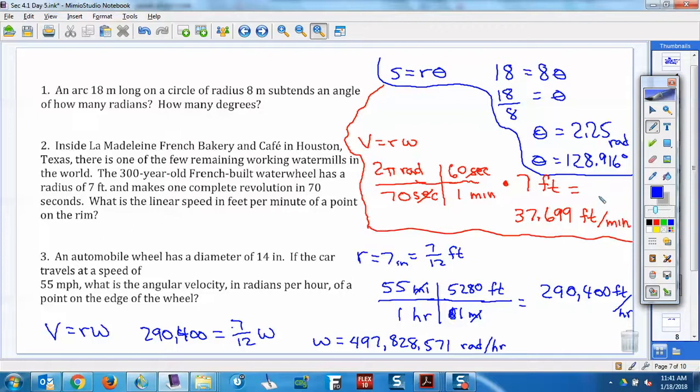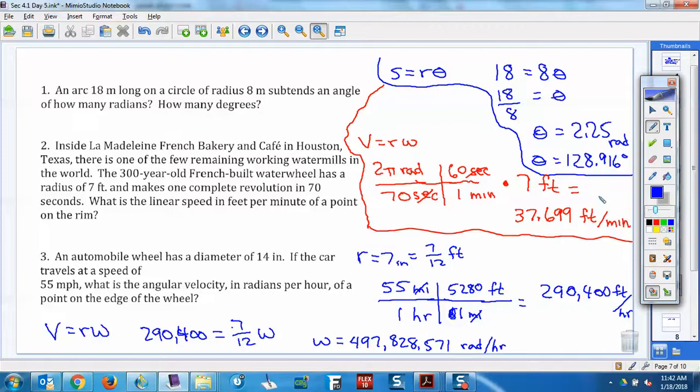An arc 18 meters long on a circle of radius 8 subtends an angle of how many degrees? So that's S equals R theta, or some of you have also memorized theta equals S over R, but they come from the same thing. So S equals R theta, so I just put the arc length 18, the radius 8, units match, so that was good. So I just divide